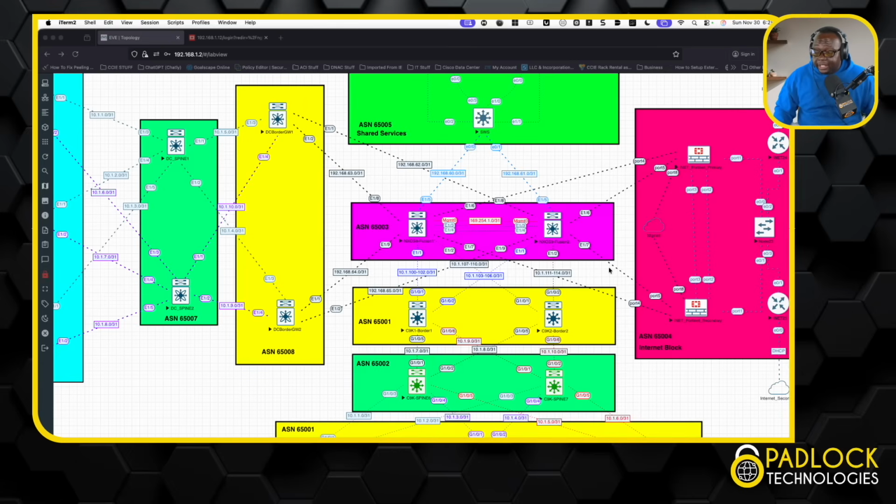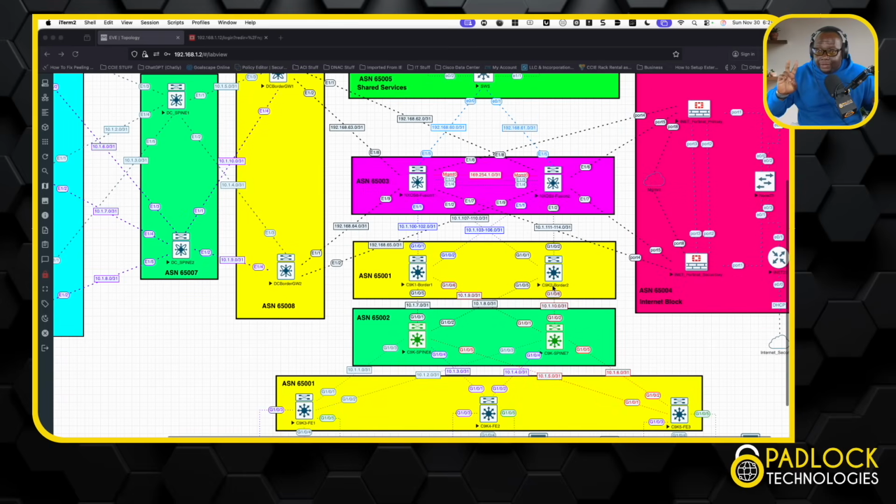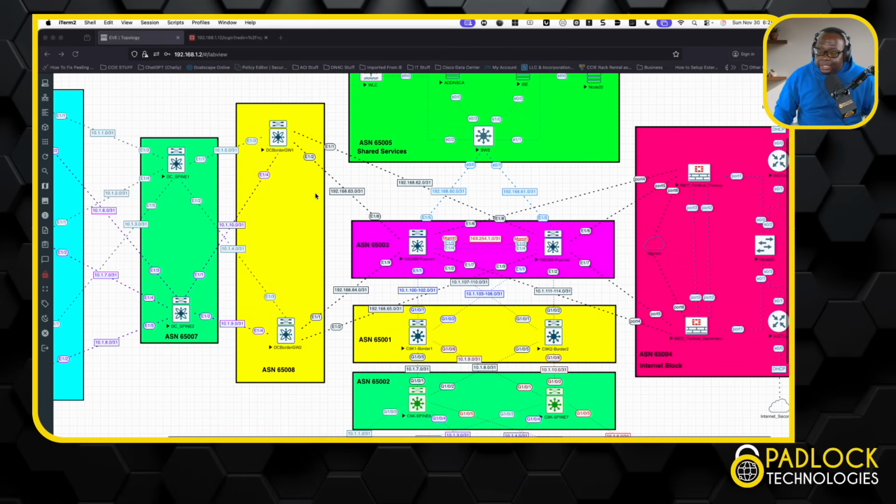Would I do this in the real world manually? Absolutely not. I'm just going to be honest with you. I wouldn't do a mock of an SDA fabric. Go get Catalyst Center to do that, right? From the data center network, go get NDFC to do this. Unless, if you're going to do all Cisco, NDFC, ACI. If you're going to do Arista spines but Cisco leafs, well then you've got to do everything manually, right? So that's the only real situation where you have to build it manually, unless you just don't want to deal